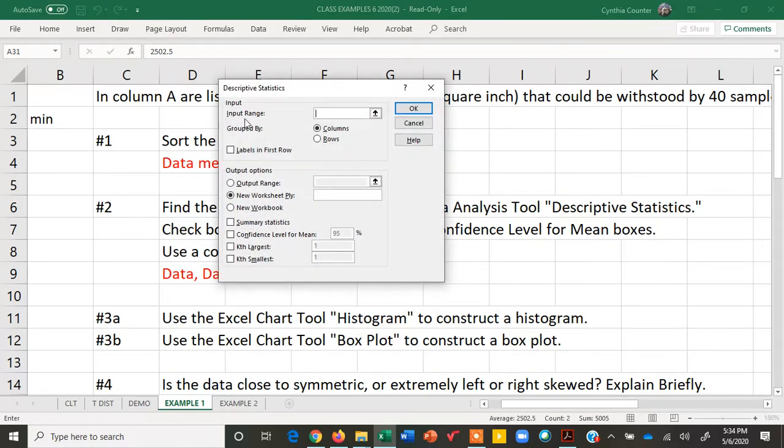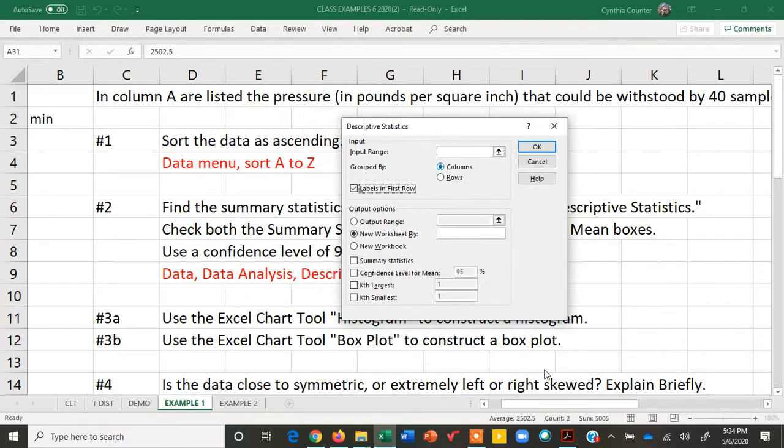Input, our input range. This means where is the data? Grouped by columns or rows, our data is just in one column. And there's this box here that says Labels in first row. I'm going to check that box because what that means is when I highlight my input, the very first value in the input will not be a data value, but will be a label. So when we go back and look at our data over here,